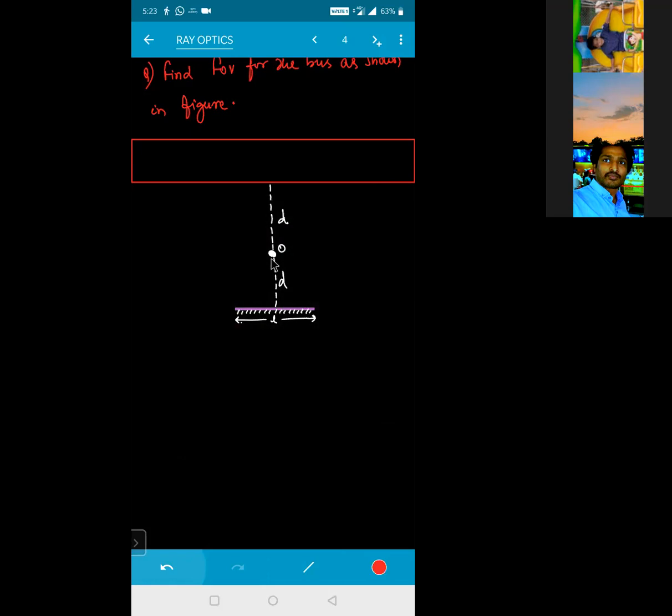Now, if I draw the ray diagram for this one, see how I'm drawing it. You can watch carefully. A ray of light from the object will be incident on this mirror, and this will be incident on this one. This is your incident ray of light. From here it will get reflected and go like this. This is the maximum region up to which I can draw.